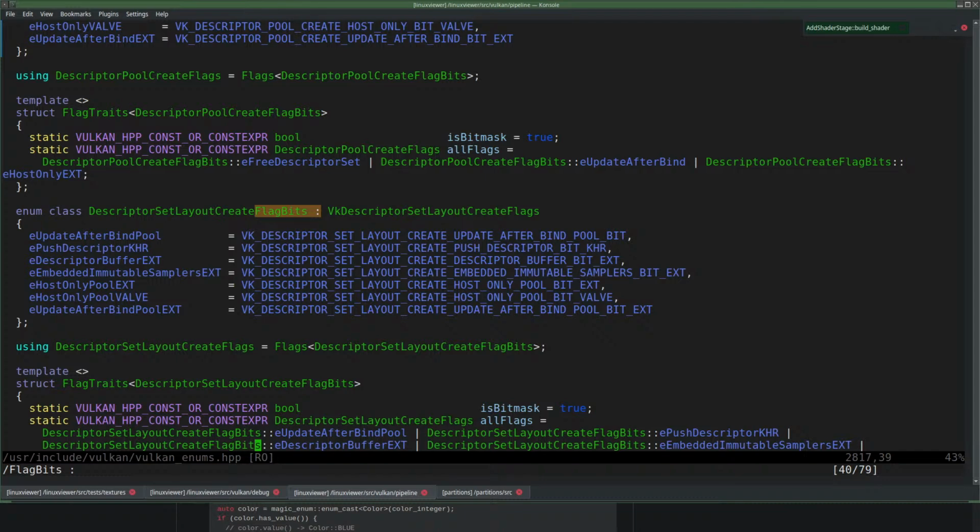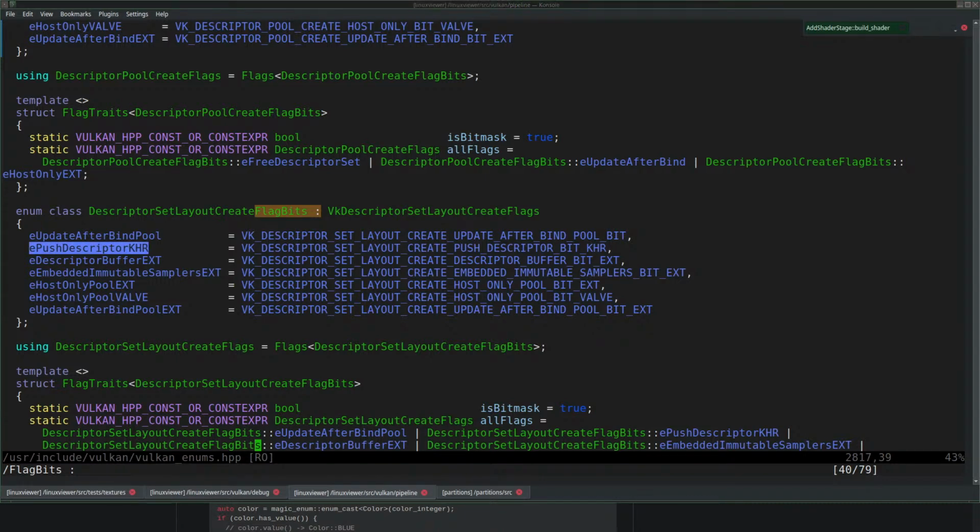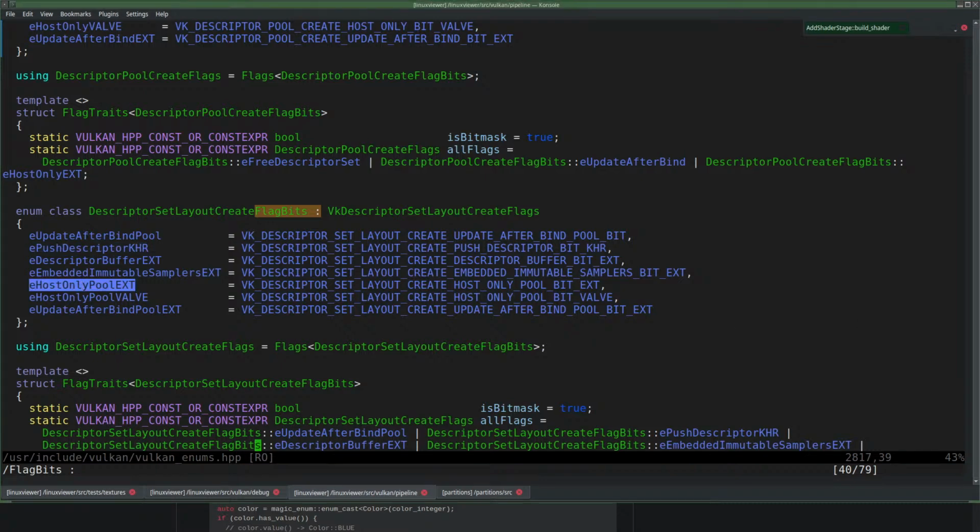I'm going to use this one. This. Let me paste it somewhere. That, and let's say this one. And that then is part of that enum.